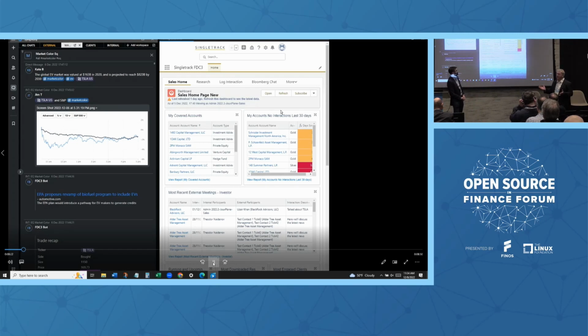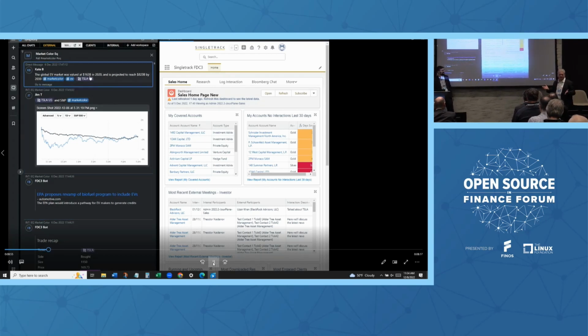SingleTrack is a CRM for the financial markets, a lot for wealth management, and it uses Salesforce in part, but it's focused on the CRM for sales traders and people like that. And so it's a major product and runs its own space, and they've committed to FDC3 to enable the kind of interop we're seeing. Yeah. We ran a similar demo a few weeks ago when Paul Dyson was here, who was able to give a much better description of what SingleTrack does. Yeah, it's a CRM for, exactly,